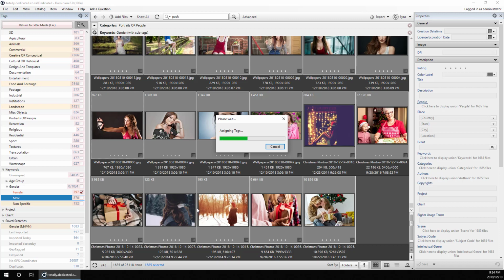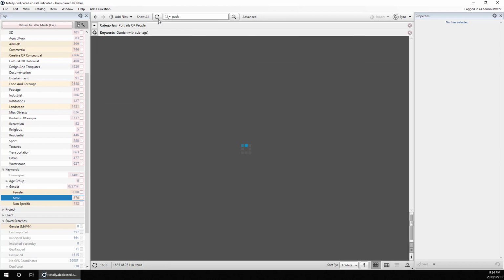So just to recap, that's a simple workflow that you can use. You select your category and then exclude keywords from a certain group that you've put together. And as you go, assign through all of them. Now when I refresh my search results, there should be 0 items left, which means if I start filtering now,